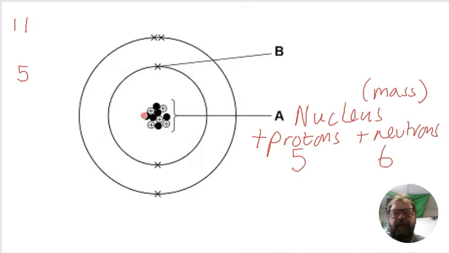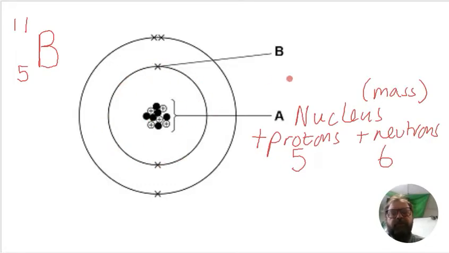So you can see there are 1, 2, 3, 4, 5, 6, 7, 8, 9, 10, 11 particles in the nucleus altogether, and they weigh 1 each, so 11 in total. If we look on a periodic table, we'll see that element number 5 with an atomic number of 5 is boron. And then finally we can see here that there are orbits or energy levels or shells, and they are